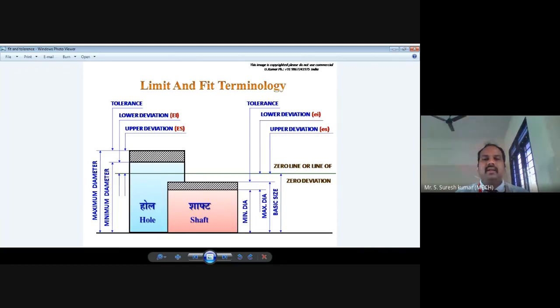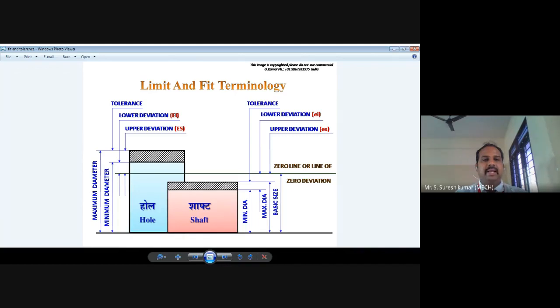The types of fit: clearance fit, and the application is a loose running fit used for plumber block bearings, loose pulleys, etc. So the numbers E7, E8, and E8 to E9 mentioned are the fit. The application is an easy running fit used for properly lubricated bearings; finer grades are used for heavily loaded bearings of turbo generators, electric motors, etc.